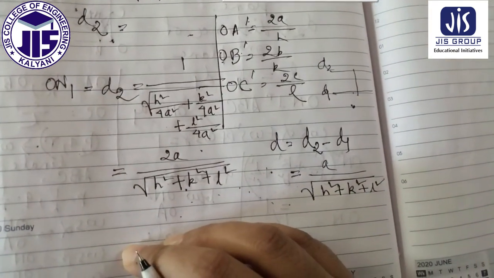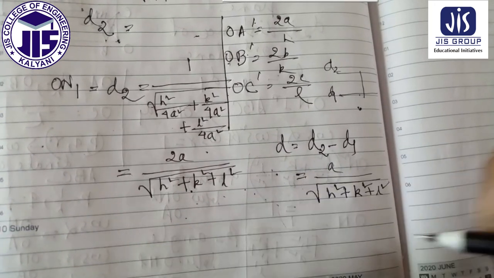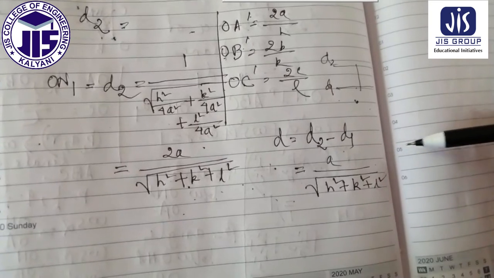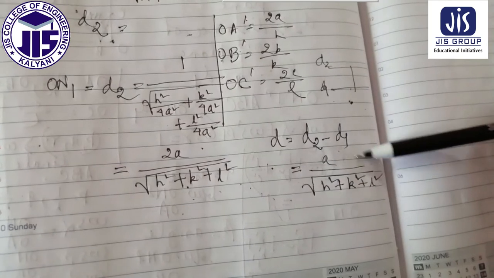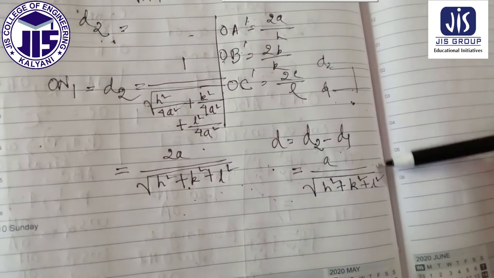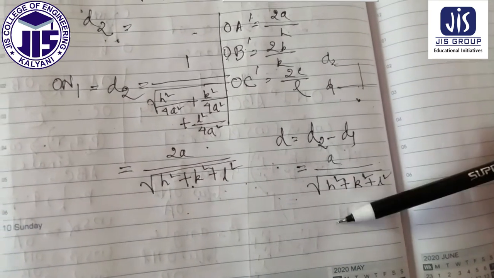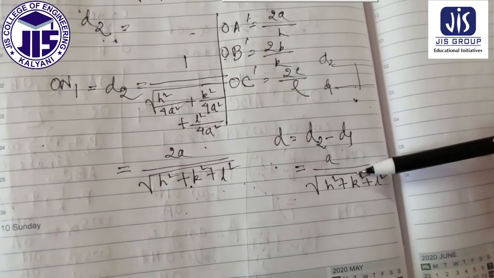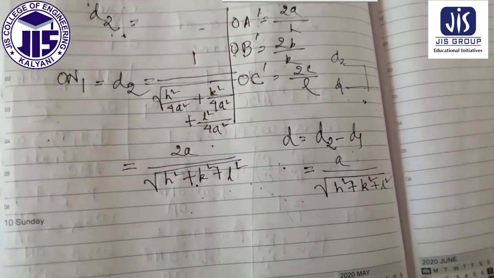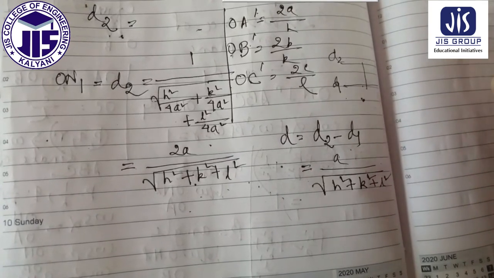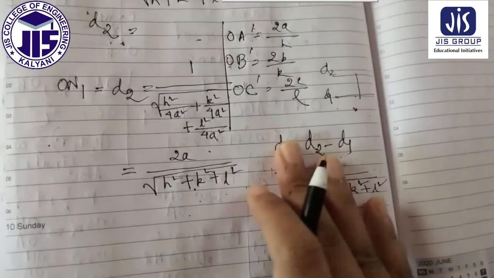So this is the expression of the interplanar spacing, that is d equal to a divided by root over of h square plus k square plus l square. Now instead of a cubic unit cell, if it is a parallelepiped, then what will be the expression? h square by a square plus k square by b square plus l square by c square. And from that, if we put in the values, we can get the expression of the interplanar spacing. So this is the expression of the interplanar spacing.